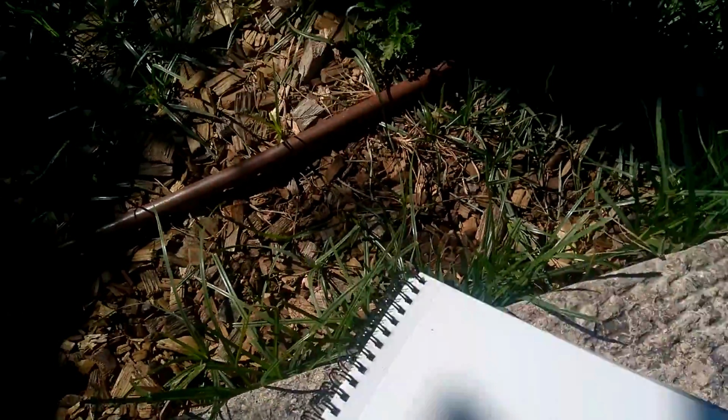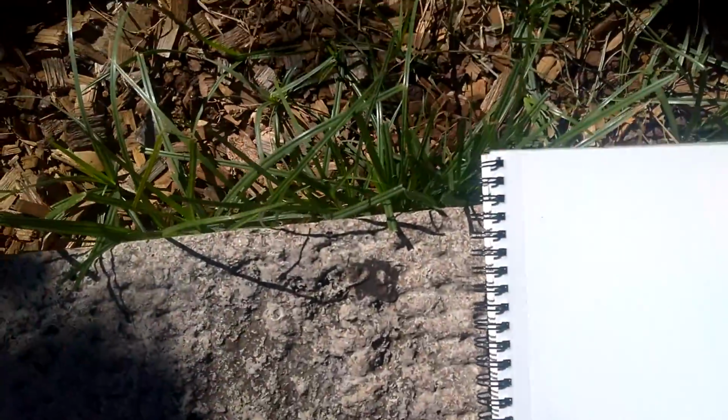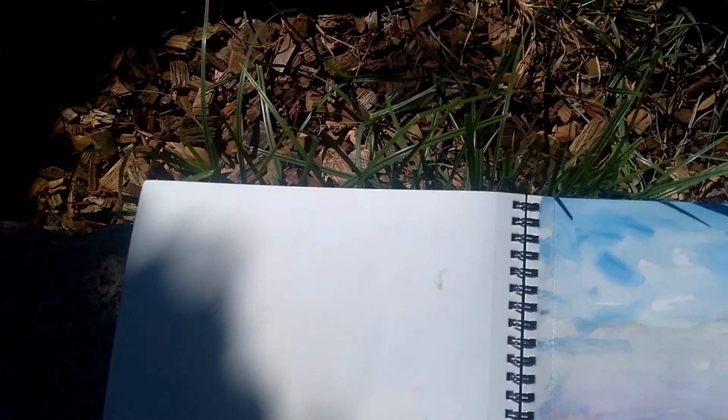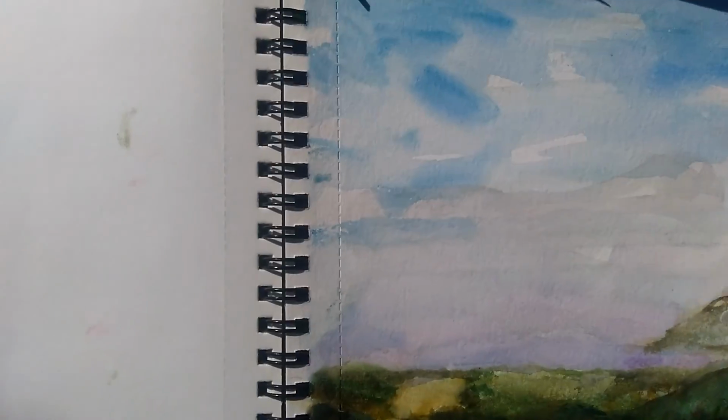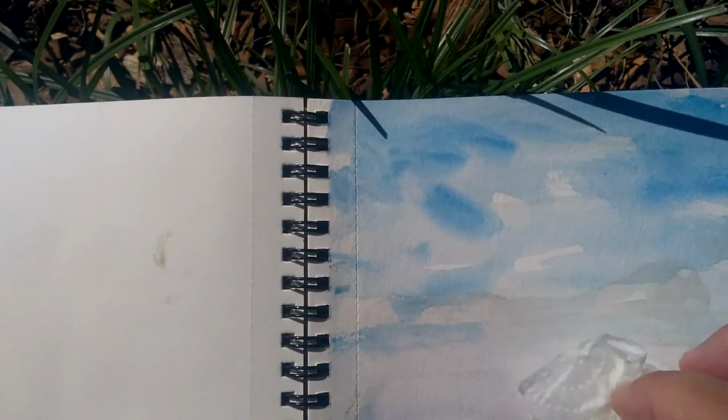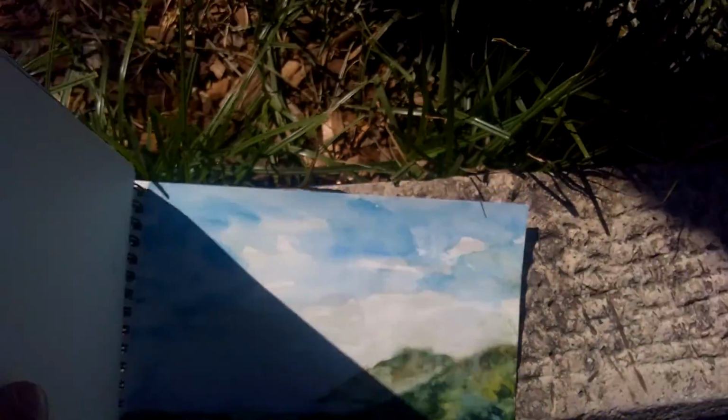I also will say that sometimes I will wet the paper, and there are a couple of different ways you can wet the paper. I use paper towel, and you'll see in this one, I used the paper towel actually to get an effect. Once I painted, I did this, and we'll talk about technique in another lesson. Right now I just want to go over paper and what you can do with a very versatile